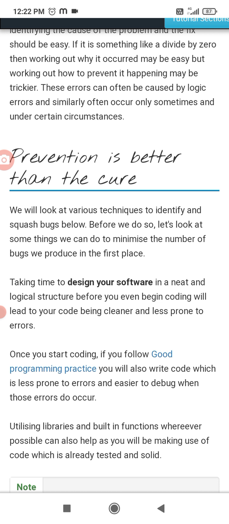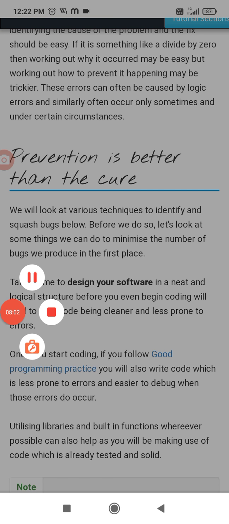Prevention is always better, right? You have to take care while designing your software.